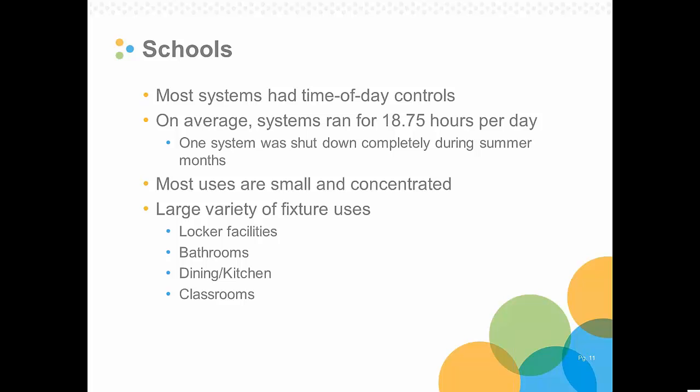Moving on to schools, they were a little more likely to have some control, but most ran with some sort of time of day controls. A couple were on continuous, but most of these buildings were assumed to be unoccupied overnight, and so they had the systems shut down and not circulate hot water for some periods of the day. On average, the systems ran for about 19 or 18.75 hours per day with a kind of 4 or 5 hour overnight shutdown. A lot of these systems were small and concentrated, so they had fewer loops that ran to